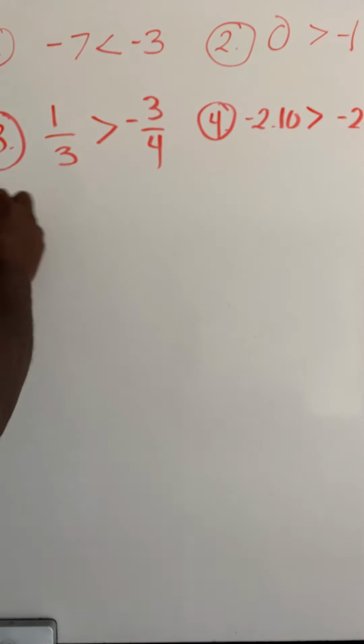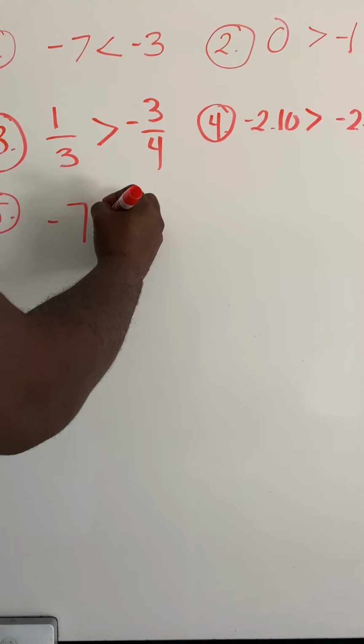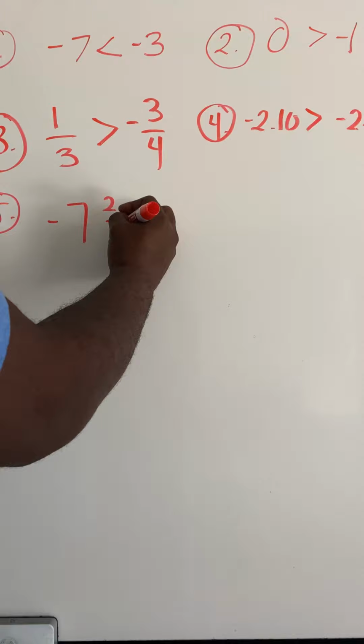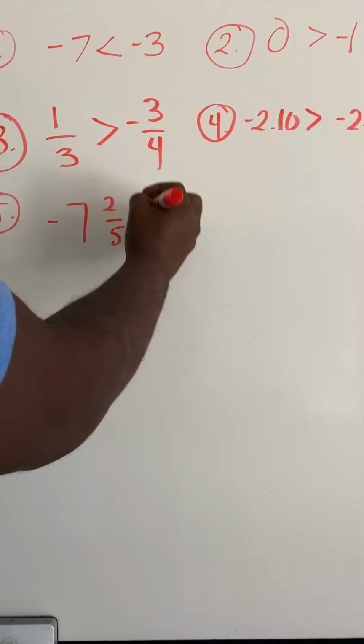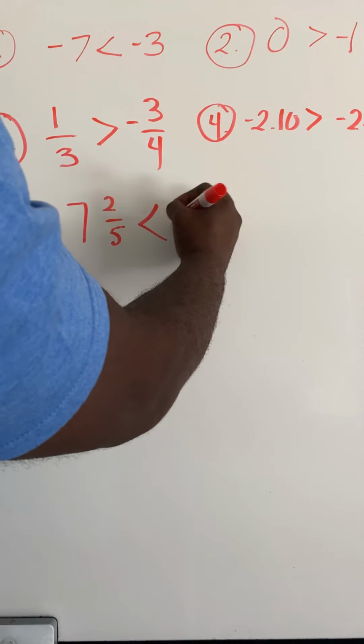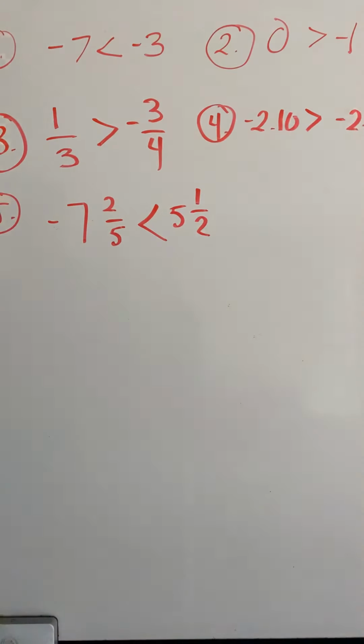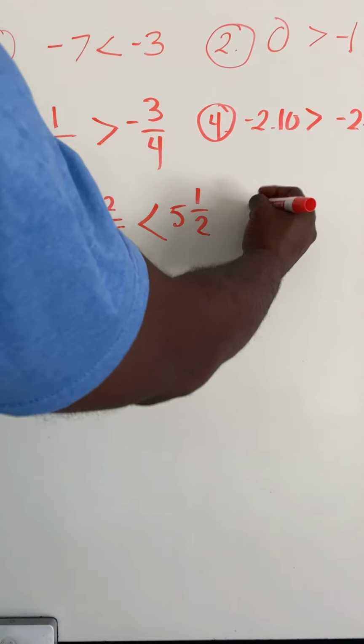5, -7 2/5. Well, it's a negative number. My other one's positive, so that one's less than 5 1/2. That's the greater number. That's further to the right on the number line. Number 6,